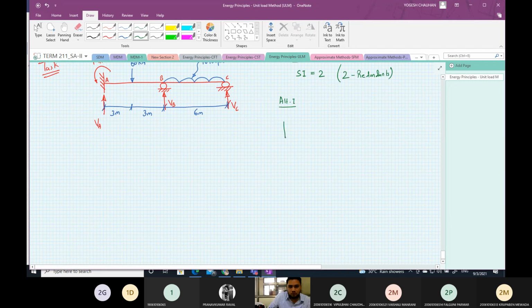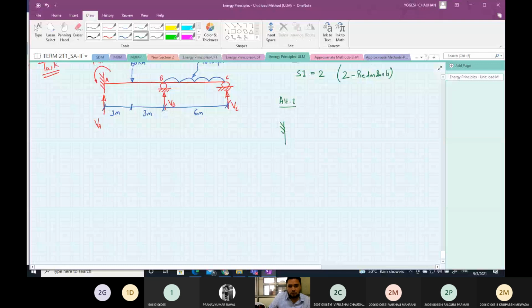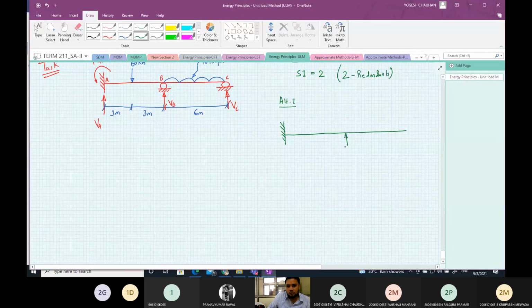You can choose VB as redundant, and VB and VC as redundant. This is the first alternative that you can choose. Now by choosing this as redundant, you can solve this. Then the second alternative is